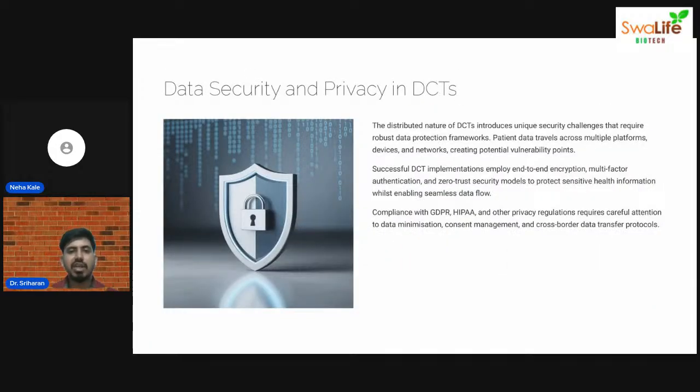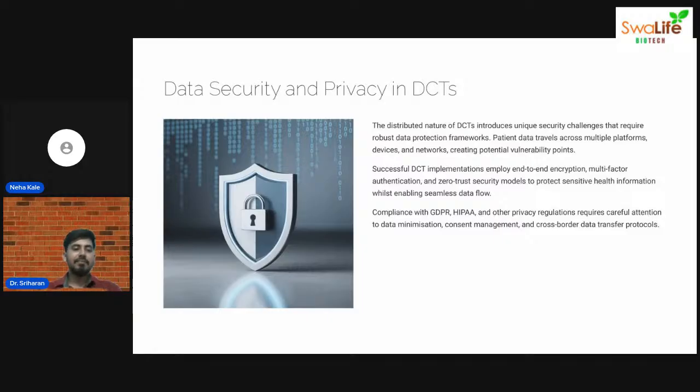Data security and privacy in DCT is nothing but the security of our data, because different countries have different laws. Data security is very important, because we cannot simply give our data to any person. For example, if someone is messaging someone, we cannot see their message either. That is also an illegal or cheap activity. Likewise, our data is very important for our study,